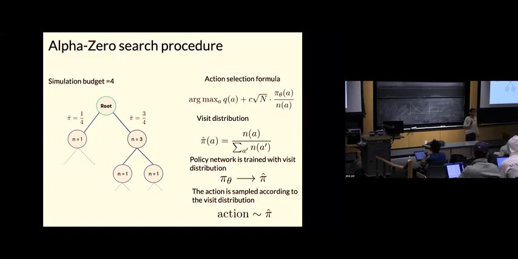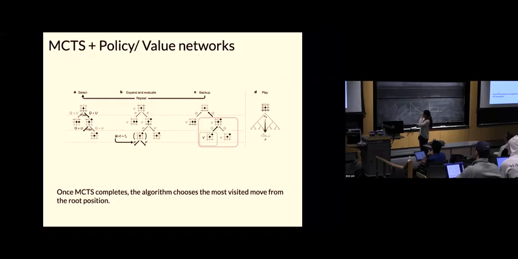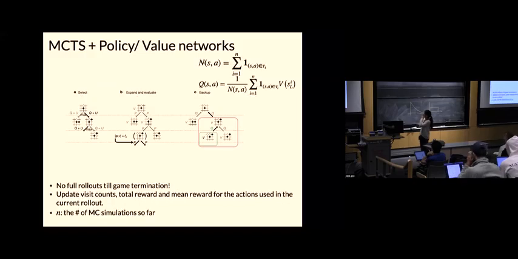Can we go back to the simplification? Sure, let's go to the simplification. We're not done yet, by the way. Here it is. So this V of s_L is what our value network outputs. Yes. So every internal node, let's say for me, 30 rollouts have passed, and each of those 30 rollouts resulted in 30 different leaf nodes. And each one of those leaf nodes has a value, and my Q is going to be the sum of those values divided by 30, right? We just do counting to estimate the Qs.